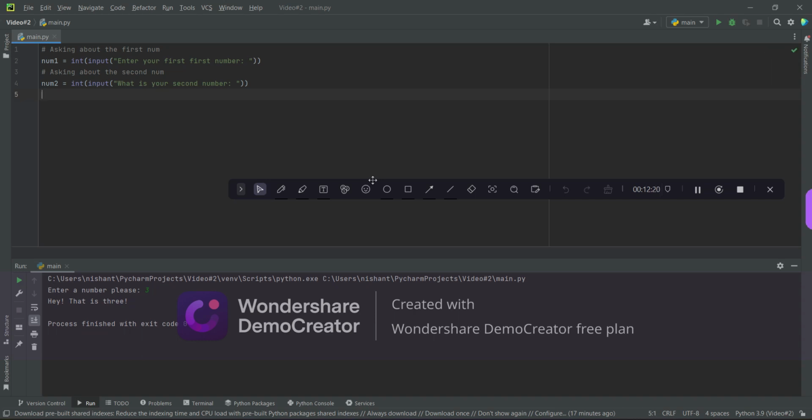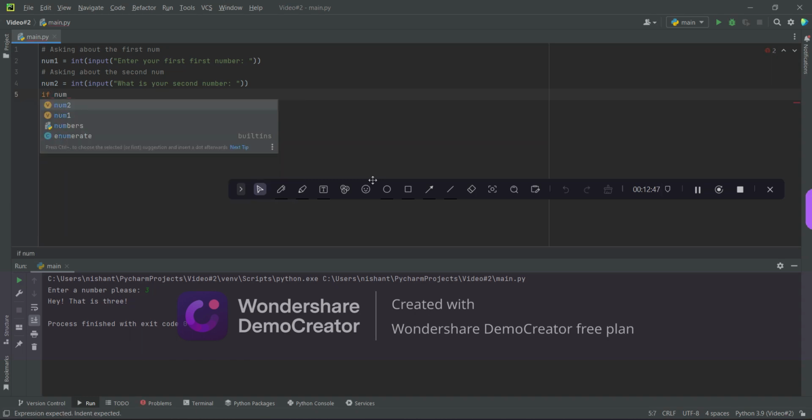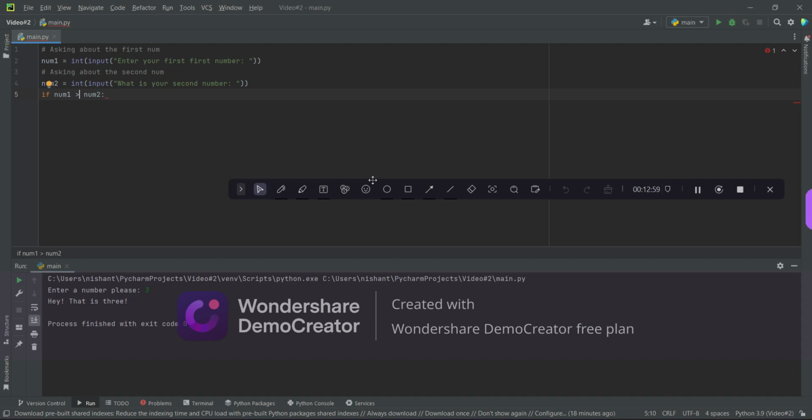Now I want you guys to comment down in the section below what I will type after this. I have got all my two variables. Now what do I do to calculate which is bigger and which is smaller? That's right. If num1 is bigger than num2, this symbol, guys, this symbol here,